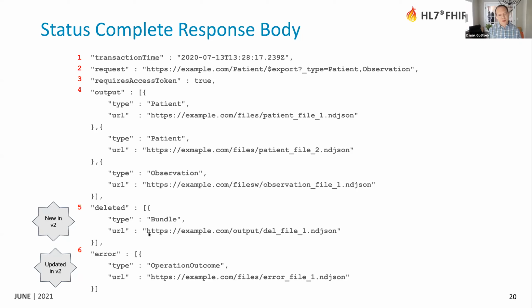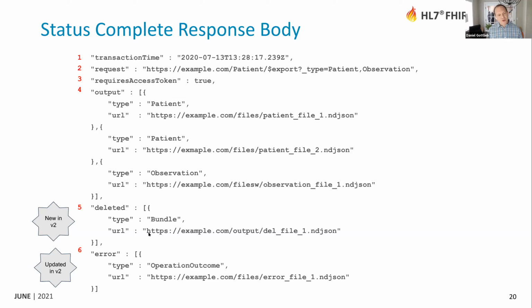Section 6 is actually misnamed. It's named error, but it's really any operation outcomes associated with this response. So that would include informational level operation outcomes and warning level operation outcomes. It's one of those things that we kept with the old name for backward compatibility. And this is an ND-JSON file full of relevant operation outcomes. So if, for example, there was an error in the bulk data export,